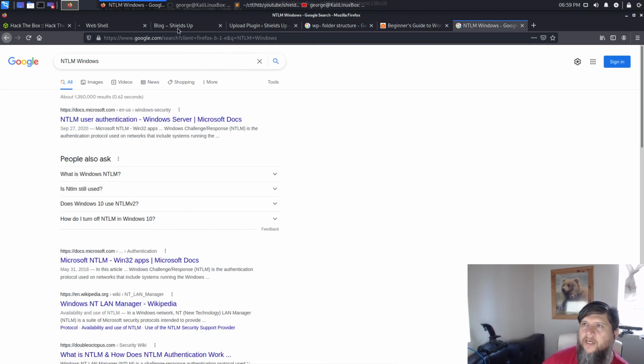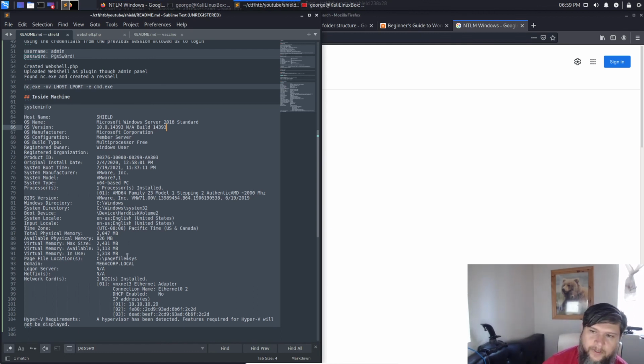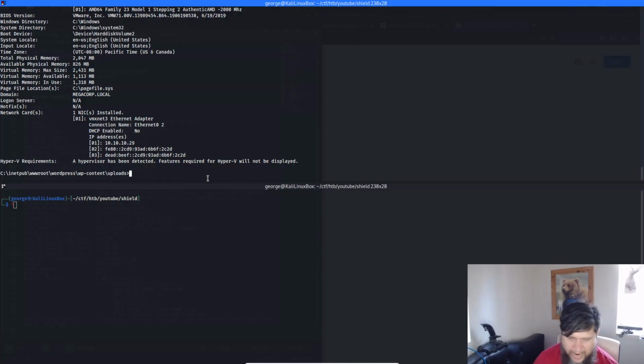So pretty much essentially what Rotten Potato and JuicyPotato and all of those do is it tricks it. We use a service, and you'll see right now we're going to be using a service, and we're going to be kind of like a man-in-the-middle attack, and we're going to be using that service to trick the NTLM to authenticate us, to negotiate a system token for us to elevate our privileges through that. Okay, that's essentially what we're going to be doing. So how do we do that? Well,